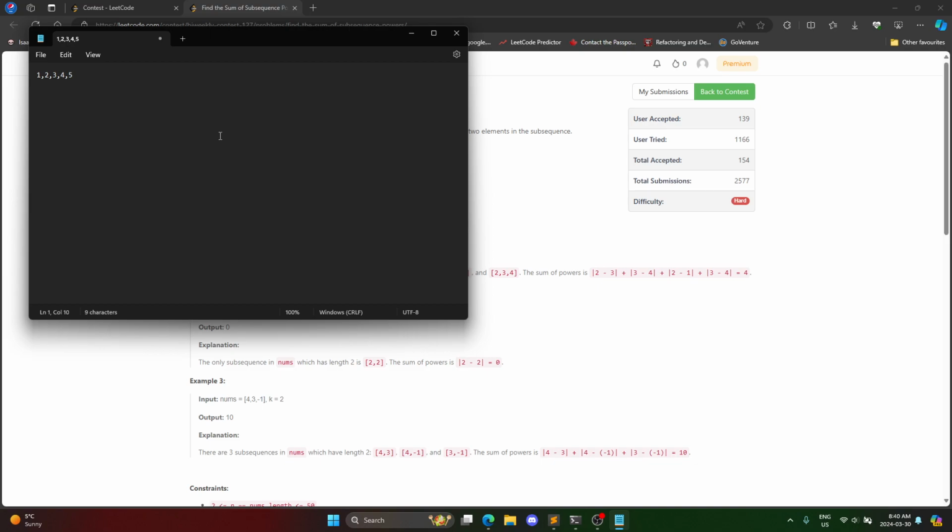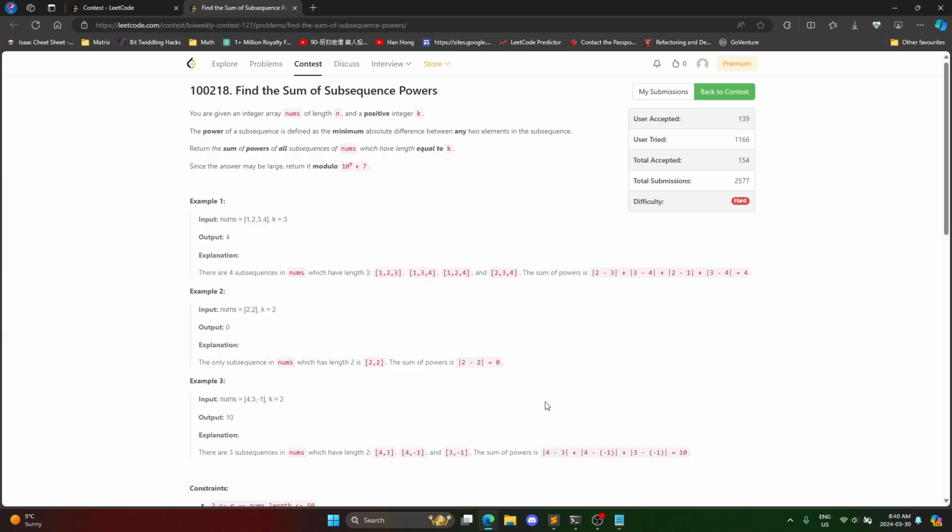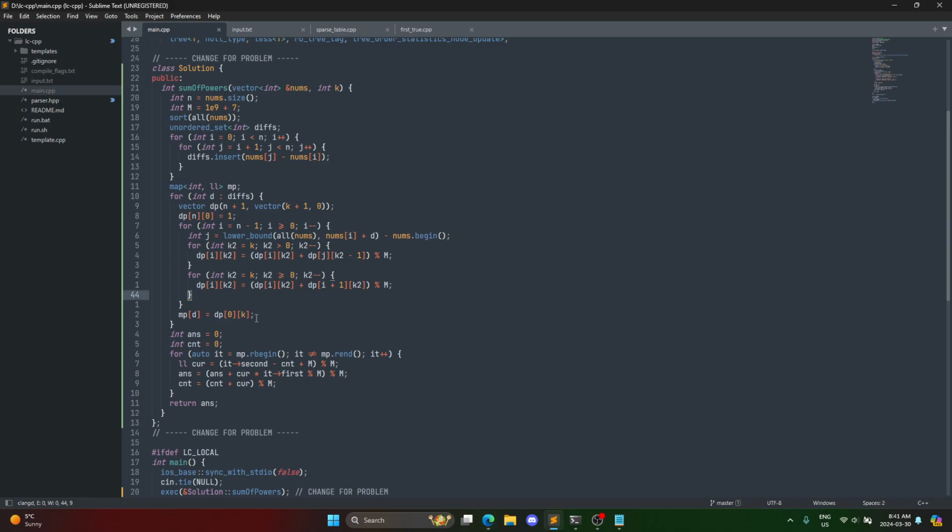So I sorted, and then my idea of every possible pair of elements didn't work, because let's say I pick these two, then I can just include any subset of these 3 elements, right? But then I run through this again, which is the same difference, and I do the same thing again. So I'm overcounting. So the solution I found was to go through all the unique differences, since it's easier,